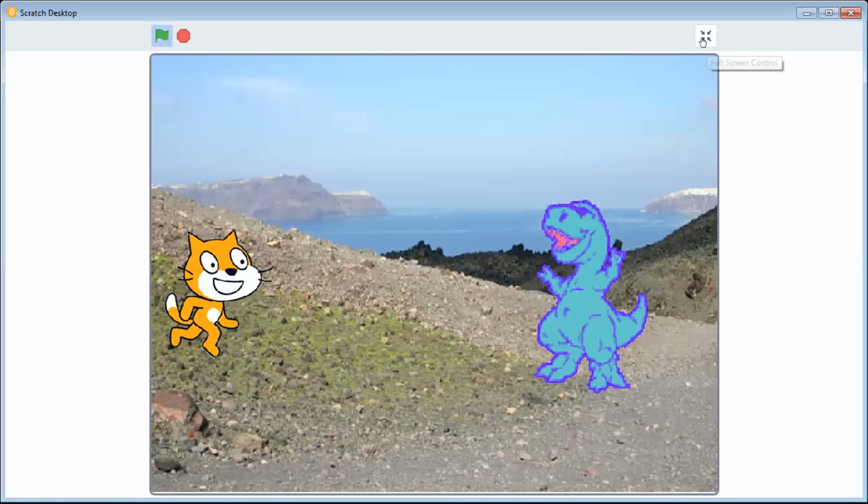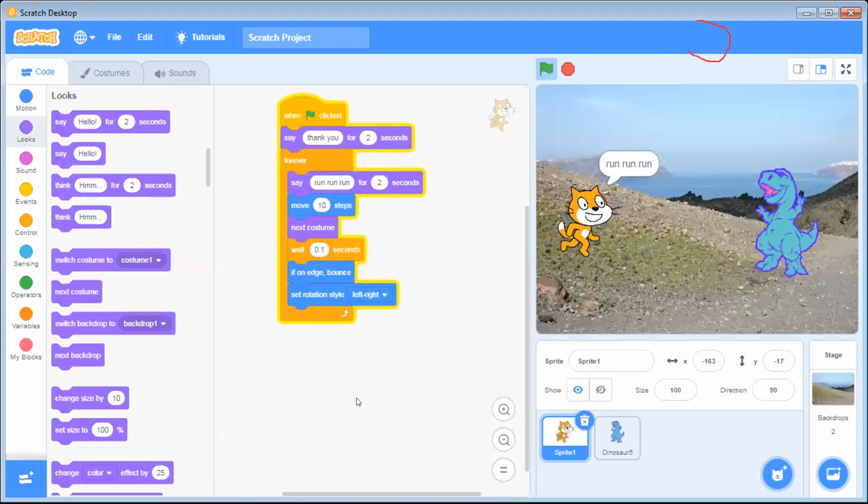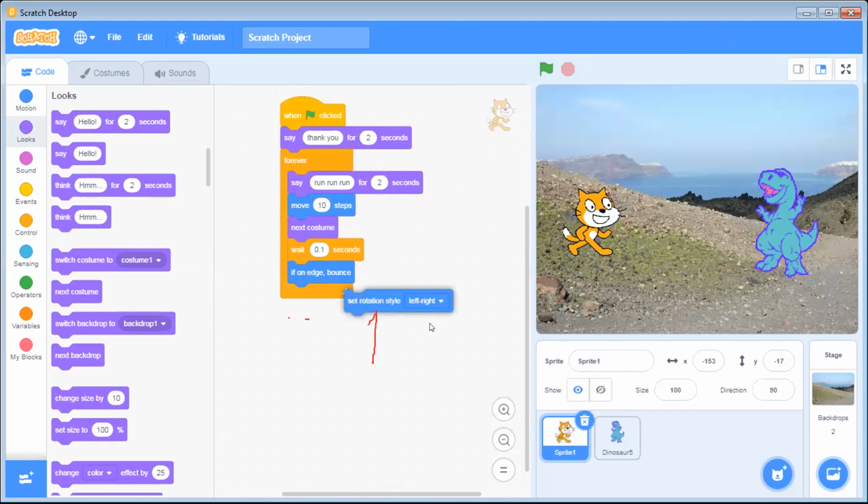Okay, so let's go back to the code again and stop it. Okay, very good. Can you do one thing over here? When the cat is running, no, keep it over there. I just first want to explain to you guys. So the cat has to run away from this dinosaur, correct, Agam?